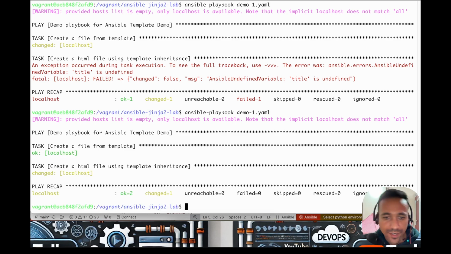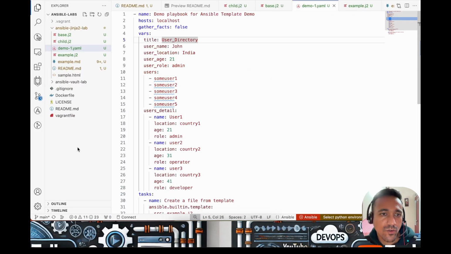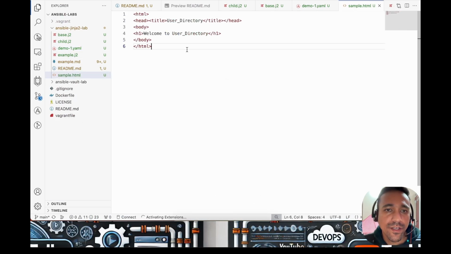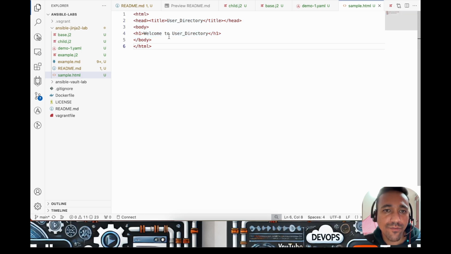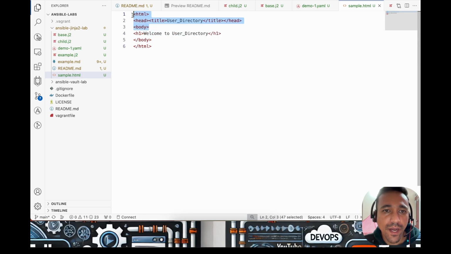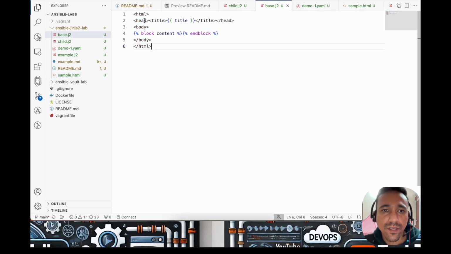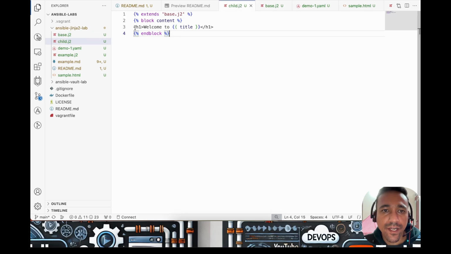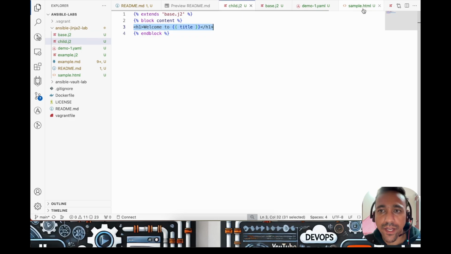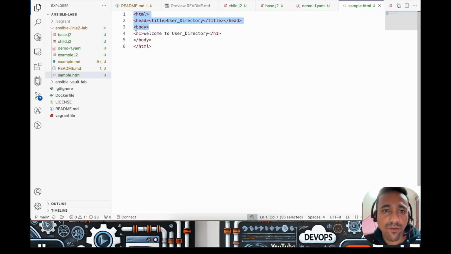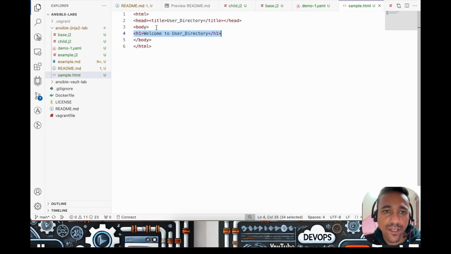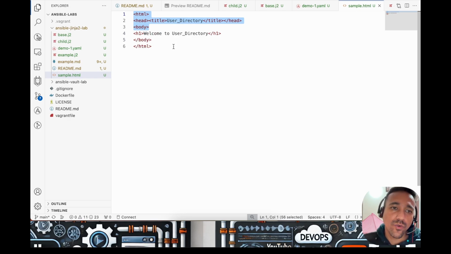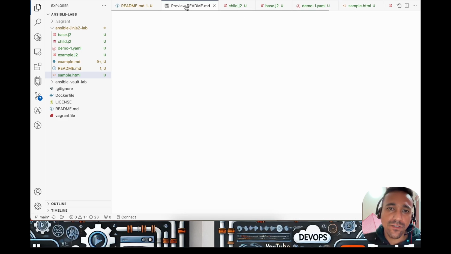Okay, so this time this file got rendered, and let's see the output in VS Code, because I don't have an HTML browser installed within the playbook. But if you can see here, it's basically rendering correctly, right? So the title, user directory, came from the base, head title. And from the child, we are converting it, giving it an h1, which is the heading one. So a heading one came from the child, and the head came from the base. So this is an example of how you can use inheritance within the Jinja2 templates,